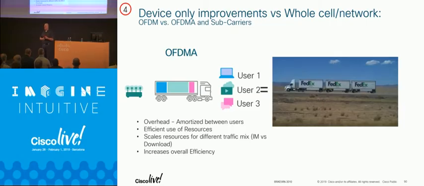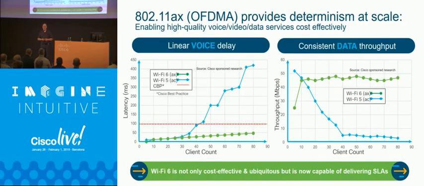Now my bus comes by every 5 minutes and it doesn't just have one person on it. I can take the entire bus stop and bring another one in. So what do you think that does for latency, determinism? Everything gets better. We did some simulations because we don't have a lot of data yet. We've got radios. We are doing better work in the labs right now, but the protocols are still being worked out. This is brand new.